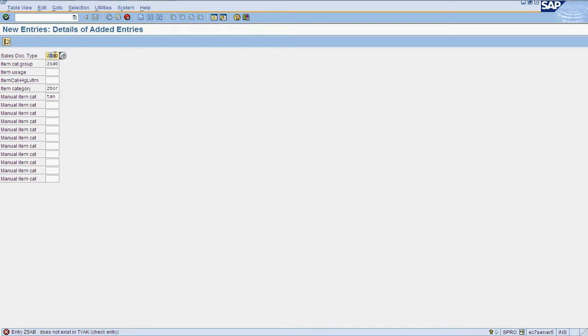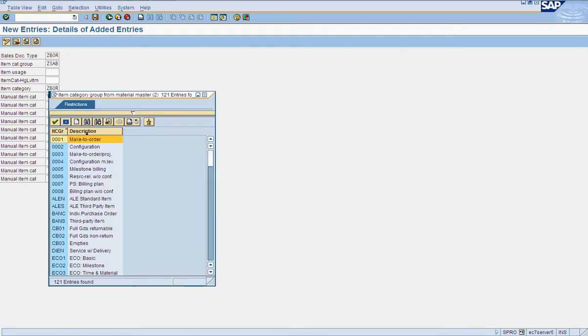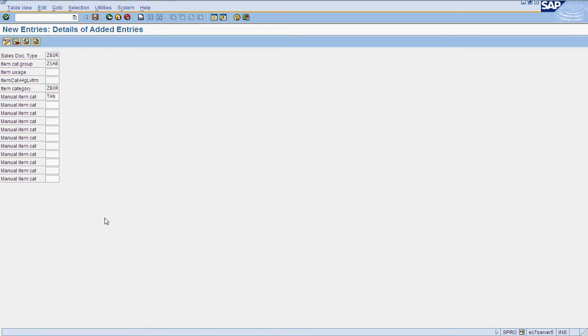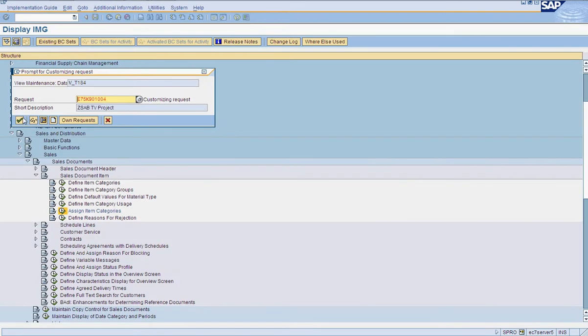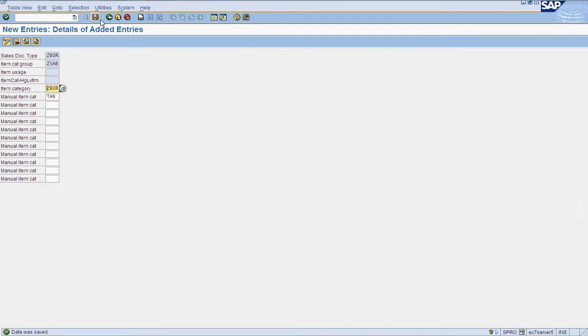Oh sorry, I have to use ZBOR item category group. Let me check. Yes, I have item category group as Z sub. I will save this one and I will create a new one also.